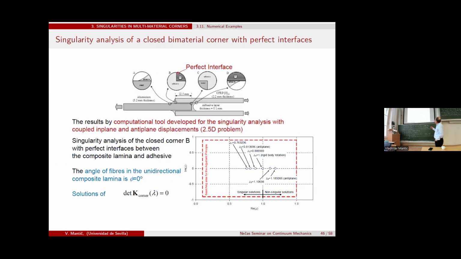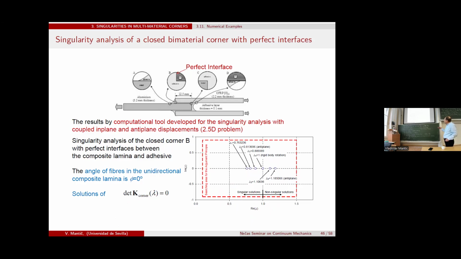So I will show a few examples. This is the double lap joint. We can see several multi-material corners in this double lap joint. We saw an example at the beginning. We consider this corner, which is, let's say, this one. We have a rectangular corner. This is the composite lamina, and this is adhesive. And we look for singularity exponents there. And we have here the real part. These are real lambda. There are no complex lambda. And these are the singularity exponents we have found with our code using just this